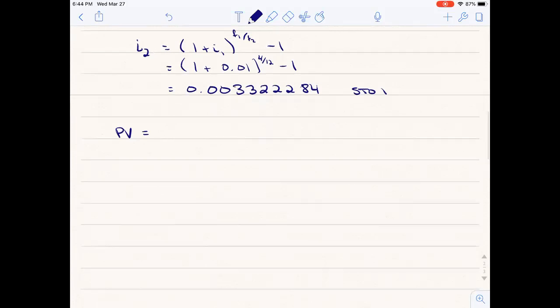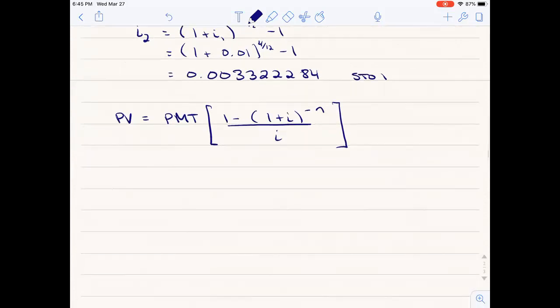The present value is the PMT times 1 minus 1 plus I to the negative n, over I. Our payments are 2,000 times 1 minus 1 plus,